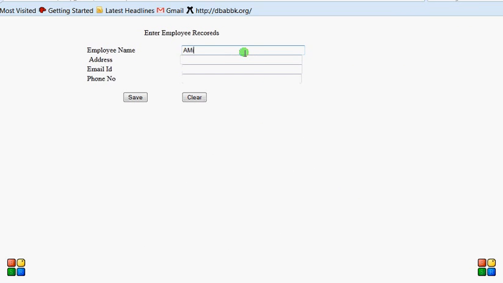Now my name is Anand Kumar, so I have to put here the address, which belongs to Barabanki and comes to UP. So UP comes into India. Now the email ID is gmail.com and the phone number is 974295457.